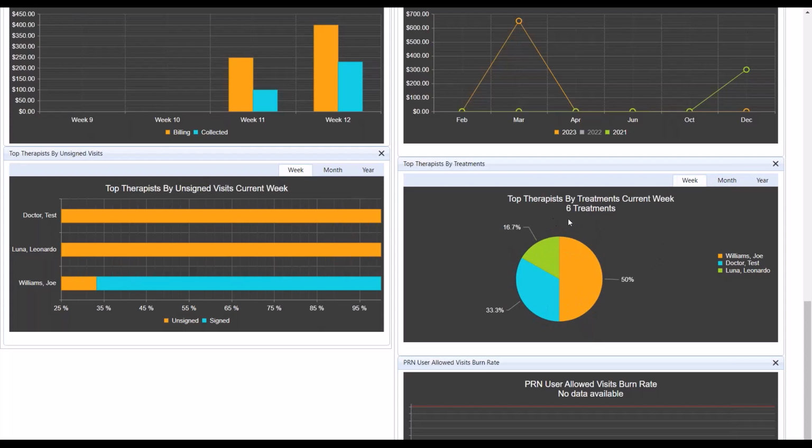Now, Stephen, what's the difference between, say, top treatments by the current week compared to the appointments for the current week? That's a great question. Appointments by the current week doesn't mean the patient came in. It's something on my schedule. It's an appointment. When it comes to treatments, top therapists by treatments means I might have a highly proficient provider